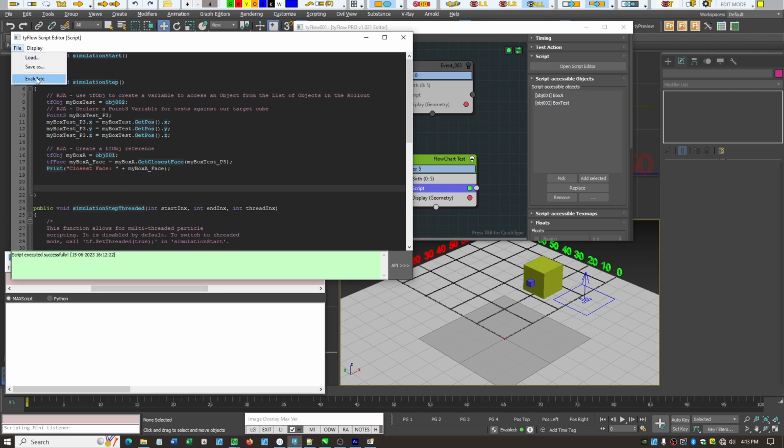Let's first of all see if it evaluates. It evaluated, and you can see right now it says the closest face, that is TF face. So I kind of did that on purpose, right? Returning TF face as far as printing it out isn't really a usable thing, but it gives us access to more. Like, we want access to the ID of that face